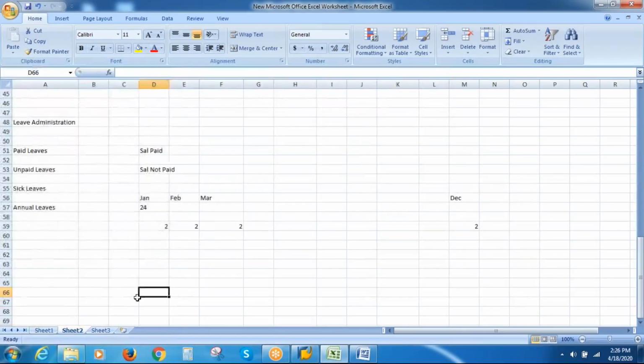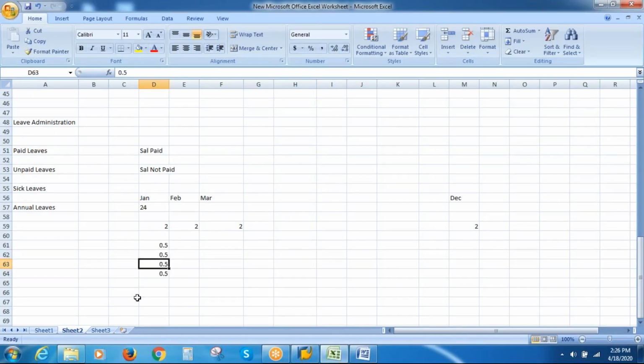And there is another method called weekly accrual. In certain business processes, there will be weekly accrual also. Weekly means 0.5 days will be added in the first week of the year, 0.5 days will be added in the second week, 0.5 days in the third week, 0.5 days in the fourth week, and so on and so forth. So that's a weekly accrual.